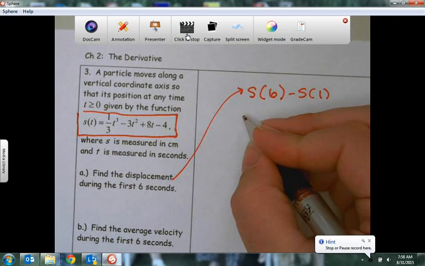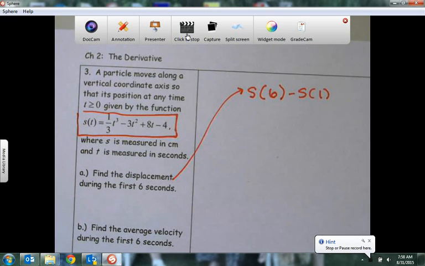I'm going to put that in my calculator. I could do it by hand, but really I'm going to save time right now. So 1/3